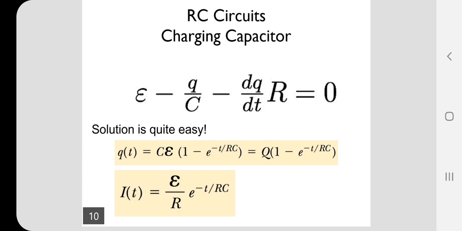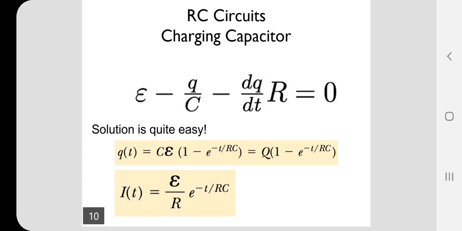Here you see the current I of t is equal to dq by dt. You know q of t, so again you rewrite that q is equal to CV. Again you may calculate this, and you will get V by R into e power minus t by RC. So here the current is I into e power minus t by RC, but here you have q minus q into e power minus t by RC.